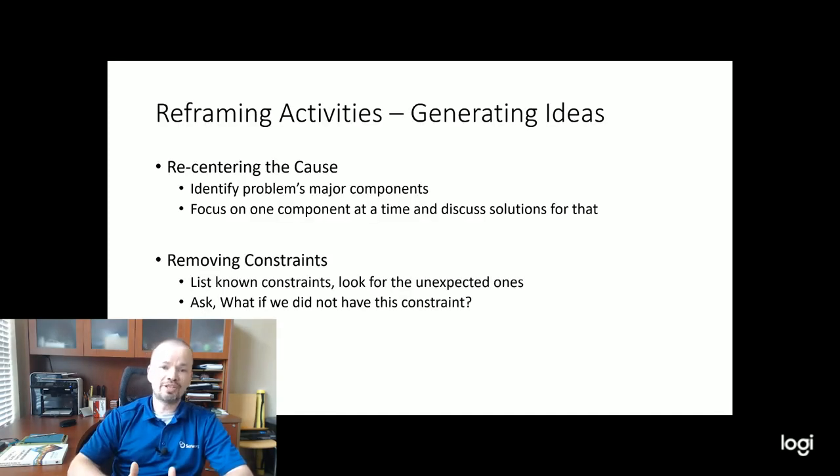The first activity I would like to introduce is called Recentering the Cause. Let's continue with the example we used in the video considering the strategies. The team is struggling with delivering customer value on a cadence. In the Scrum world, we would say that they struggle with delivering a done increment at least once a sprint.